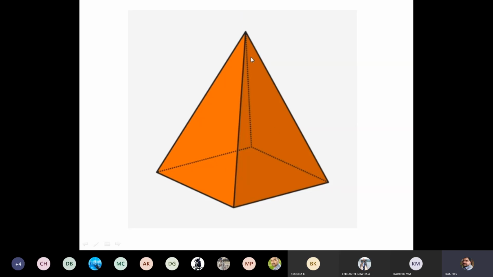Then what about the triangular faces? What do you call these triangular faces? If these are slant edges, then these faces are called slant faces. So these are slant edges and these faces are slant faces. Otherwise you can use other terms: these are called inclined edges and these are called inclined faces since they are inclined. In the case of prisms we call these lateral surfaces and these edges lateral edges, because they are vertical in orientation.